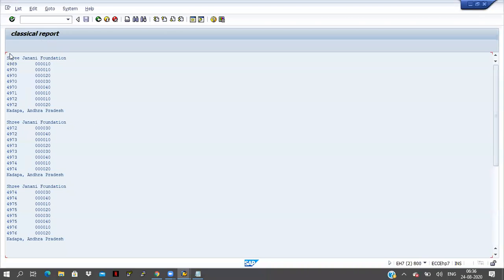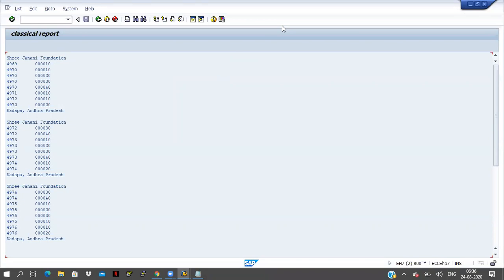I want to give some filter here. Some output is coming here, but I want to display only 4972 information. The output will display in this same format, but I want to give some filtering conditions here. And I want to sort the data. The data is coming in ascending order, but I want to display it in descending order. And the output is coming like this, but I want to convert it into an Excel sheet or Word file.